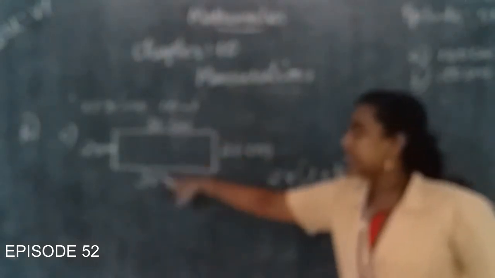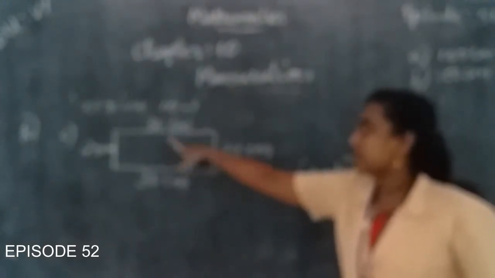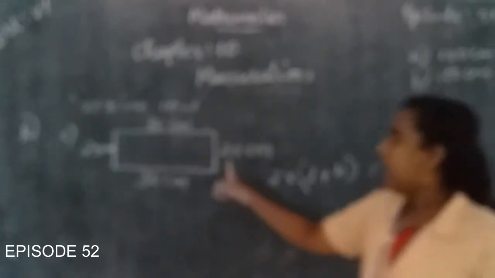So how to find the perimeter of a given rectangle? Yes, the equation is 2 into (L plus B). Very good, 2 into (L plus B), because it's a rectangle. Here L is for length. Length is 30 centimeter. These two sides represent the length of the rectangle and these opposite sides represent the breadth of the rectangle.